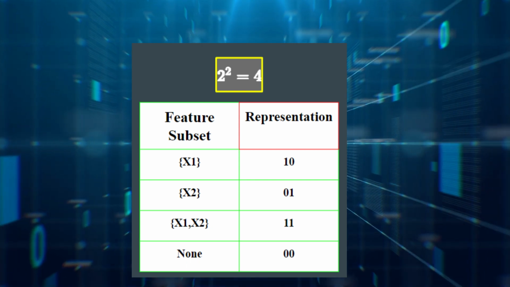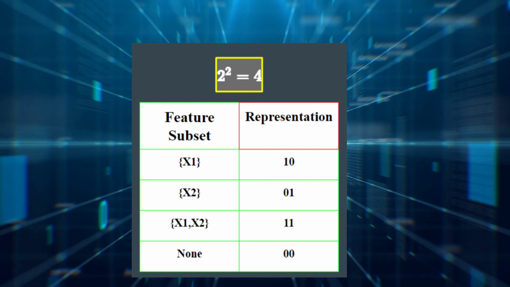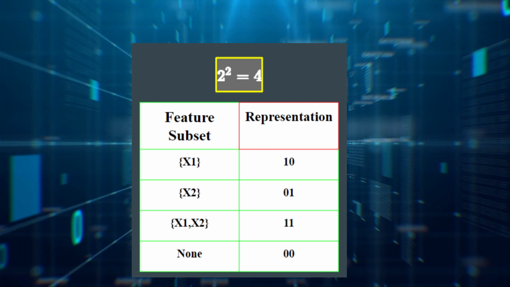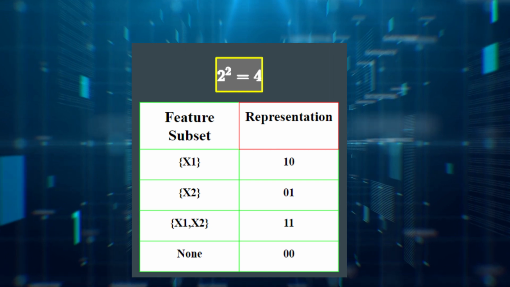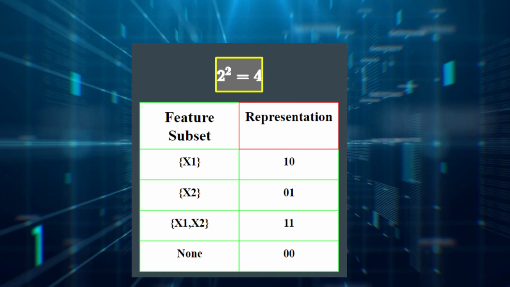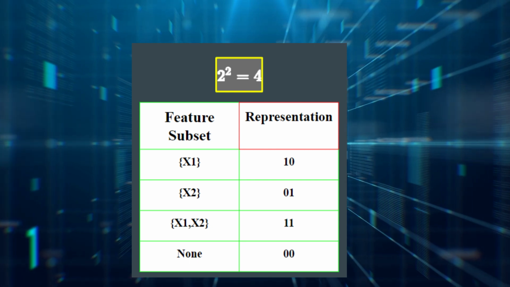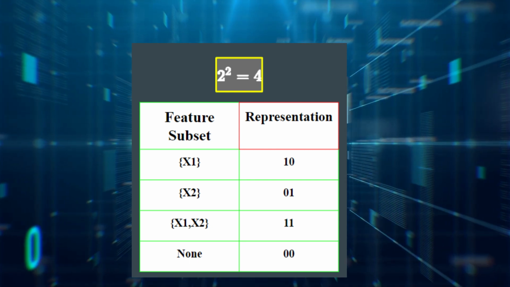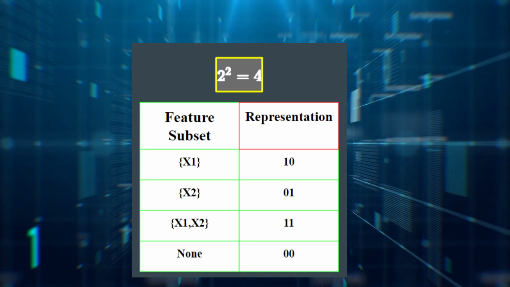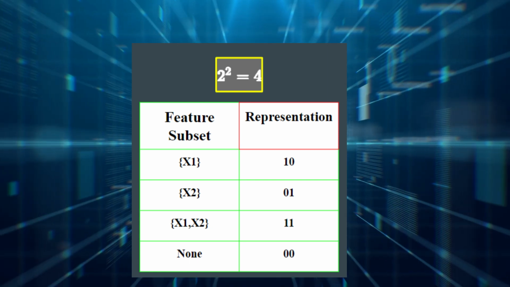Now we will apply particle swarm optimization for feature selection. First we do the binary encoding of the feature subsets. Suppose we have two features, x1 and x2. We have a total of 2 raised to the power 2, that is four, possible feature subsets. Each subset is represented by a binary string of length 2, where each position in the string corresponds to one of the features, as we already discussed before. So x1 is represented by 1 0, x2 by 0 1, x1 x2 by 1 1, and no feature selected by 0 0.